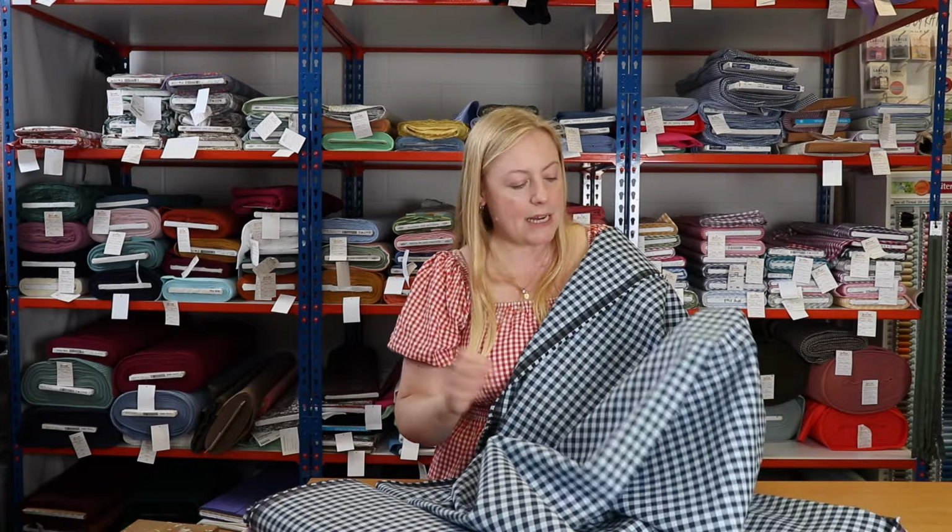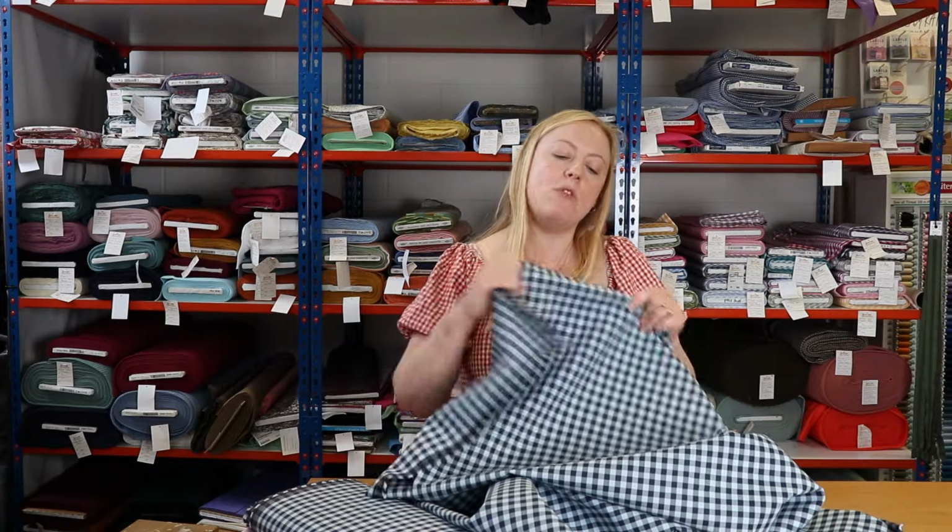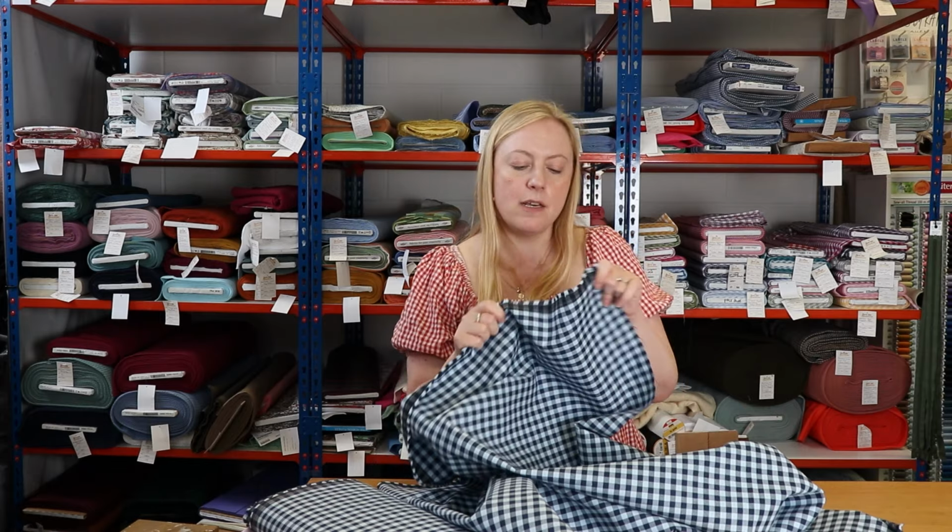So it is approximately 9 ounces and it is a cotton with a little bit of elastane, which just gives it a small amount of crosswise stretch. Again, all the stretch percentages are there for you on the listing. So it's only a two-way, so there's no stretch this way, just a small amount of crosswise stretch. So it'll just make your project extra comfortable if you're going to make trousers, or you can make yourself a